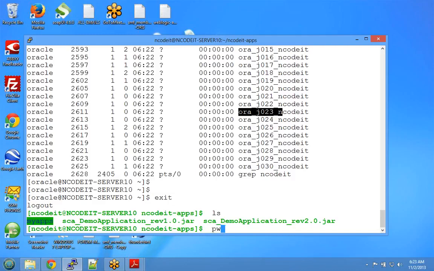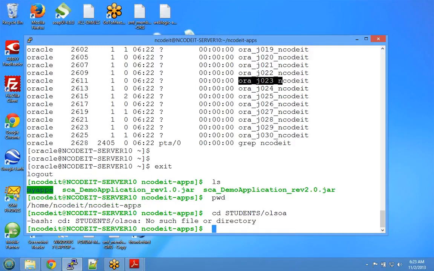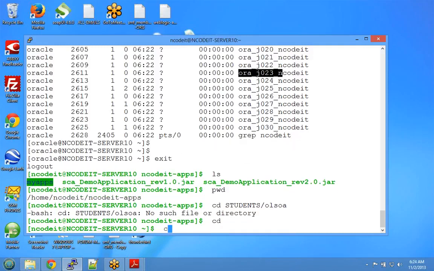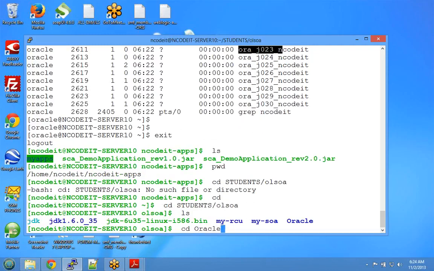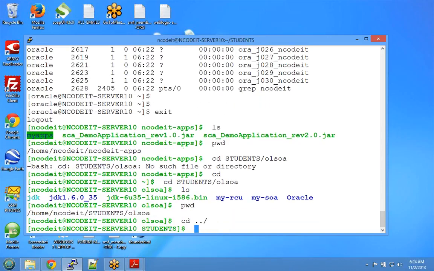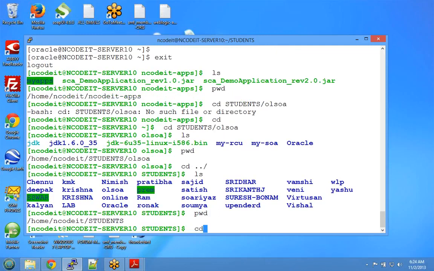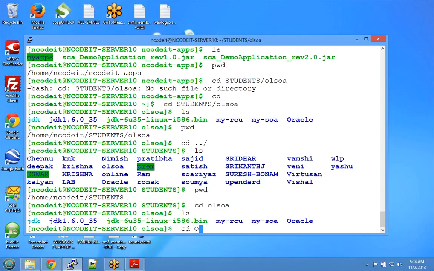So I'll go to the domain home where we have created our domain. So when you're practicing, make sure you create your directory here itself. Just the way I have created OLSY, you can create your own directory and make sure you work inside that directory only. So go to Oracle,